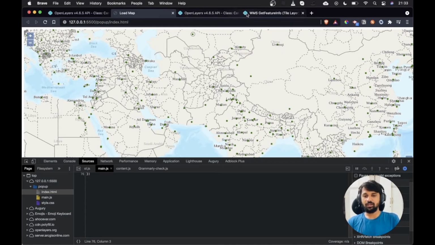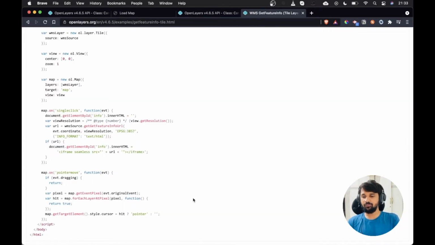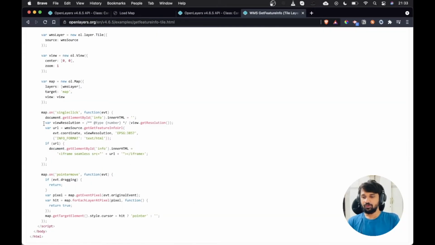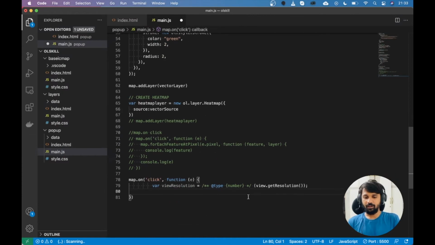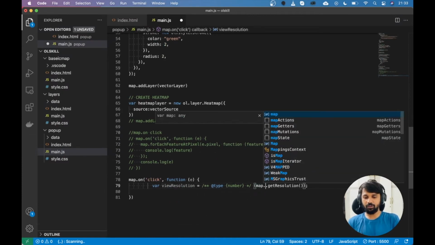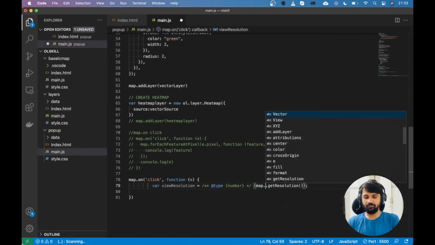And now let's head over to the example and try to understand what we are doing here. We will be first fetching the resolution information. How do we do that is by accessing the view properties of the map. So I will simply copy the first line, I will paste it here and I will replace this view by map.getView because that is how we will get our view.